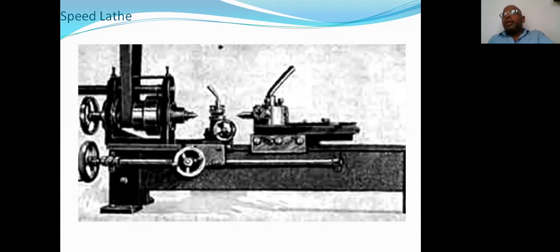So the properties of the material determine that particular speed. If the material is soft, or ductile, or brittle, then the cutting speed should be at a high rate. Why? Even though the cutting tool moves at high speed, there is no chance of wear, no chance of breakage, and no chance of blunting of the tool. So without any disturbance, that particular process is completed at that high speed.